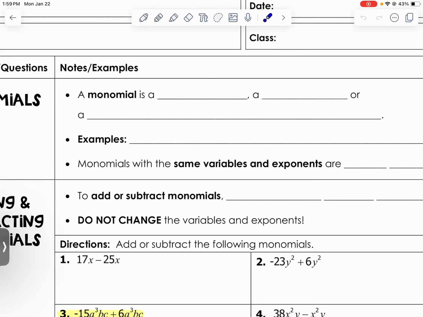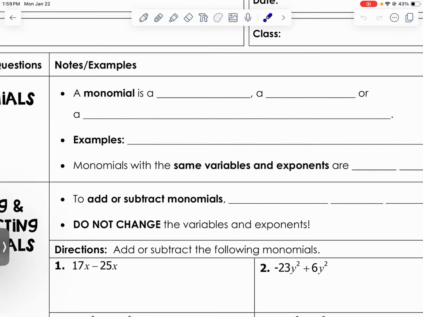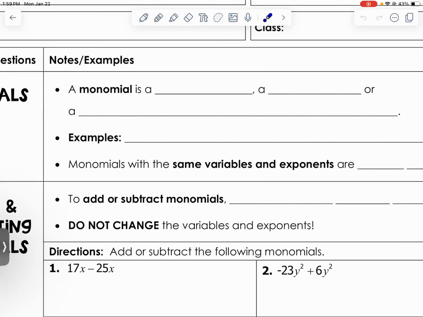Okay. So we'll get to those 3 problems that you just did, but first let's go over some vocabulary. So we are going to work with monomials. So what number does mono associate with? 1. So a monomial is one number,